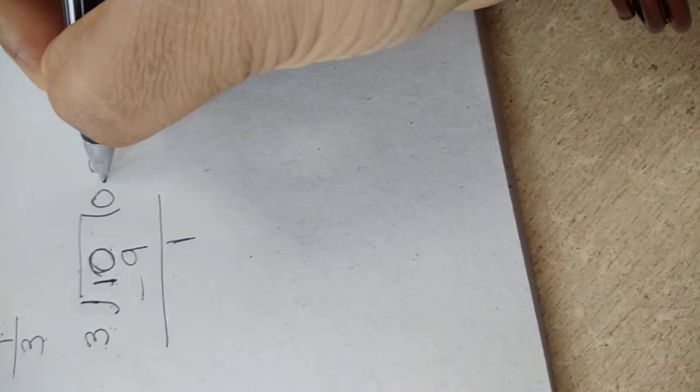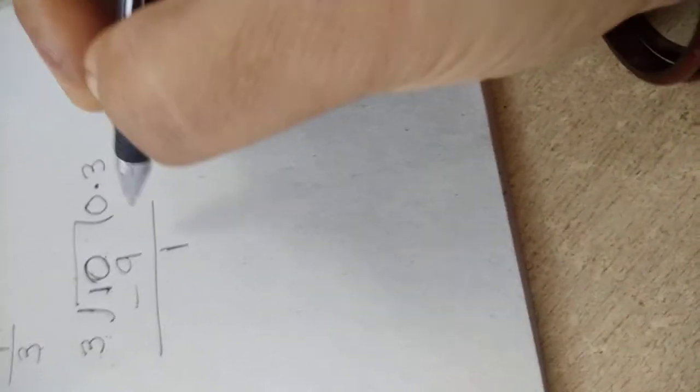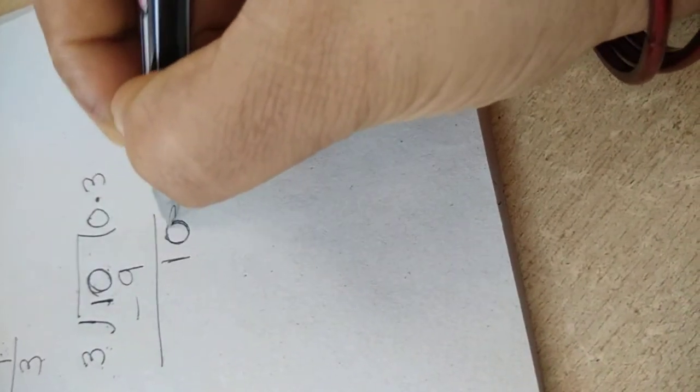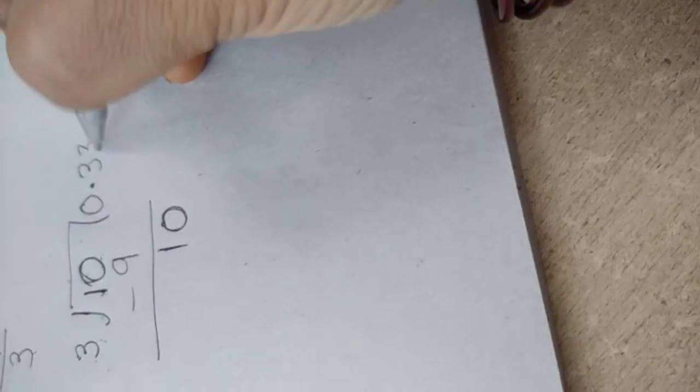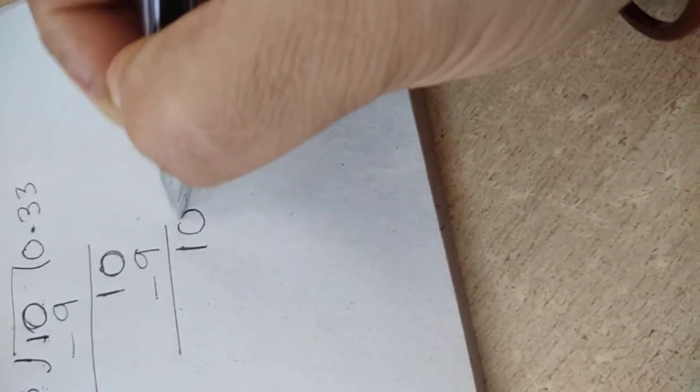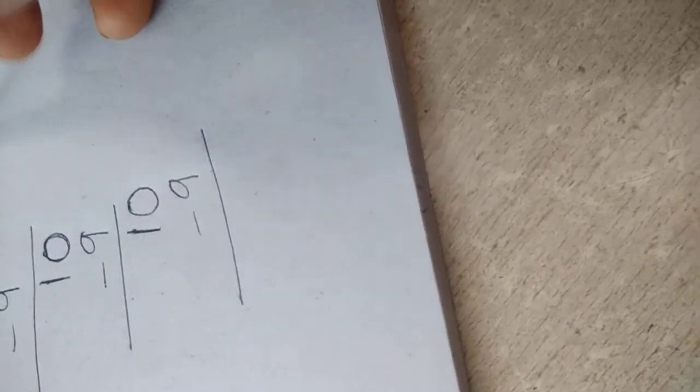Again, here decimal point is there. Already there, na? So it will give 10 again. Again, 3 3's are 9. Again, you will get 1. Now what to do? We are getting 1, 1, 1, 1 at every stage. Same number we are getting. Remainder is not coming 0. It is always some number and the number is repeating. That means again if we count, we'll get 3 3's are 9, again and again.